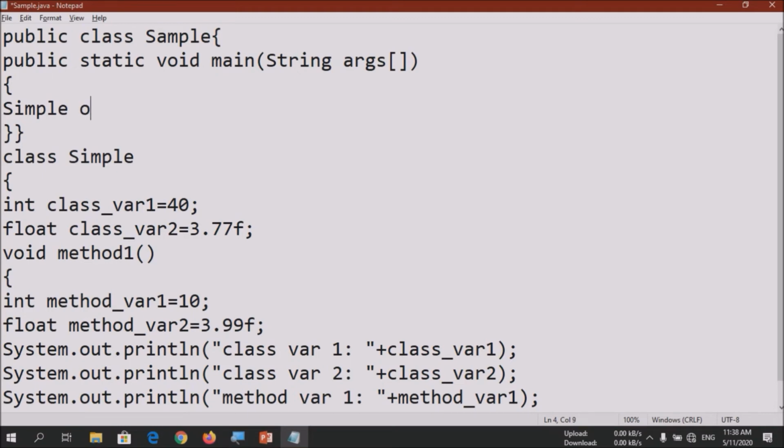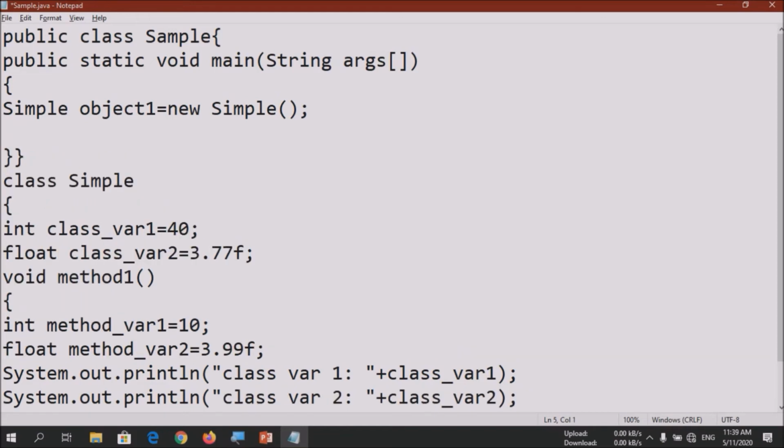Here we give object1 as the name of the object. After that we will use the keyword new, and simple. So this is the syntax of creating a new object in Java.